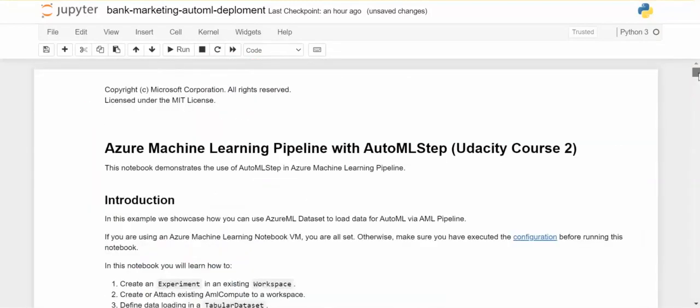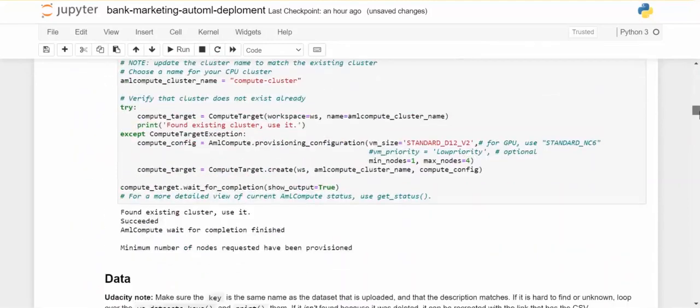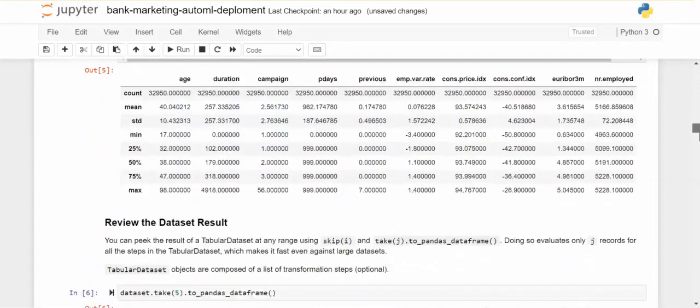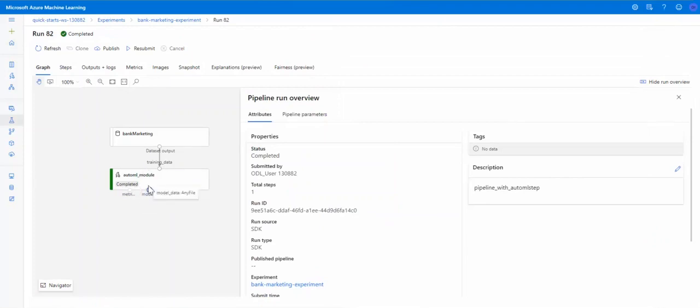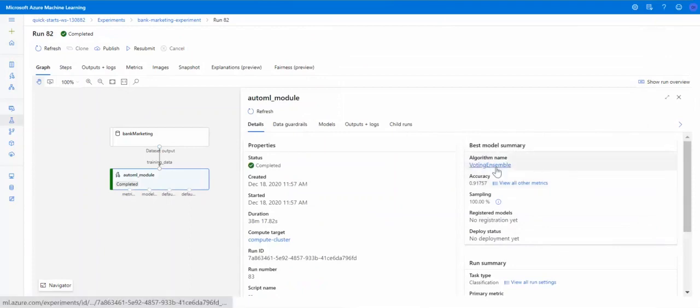So let's quickly look at the Python SDK. This is my notebook where we've written the Python code to run an end-to-end machine learning production line. These are the codes, and we've been able to successfully run it, so it's completed. If we click here on the AutoML module, we'll see that the best performance from the Python SDK run is the voting ensemble, with approximately 92% accuracy as well,